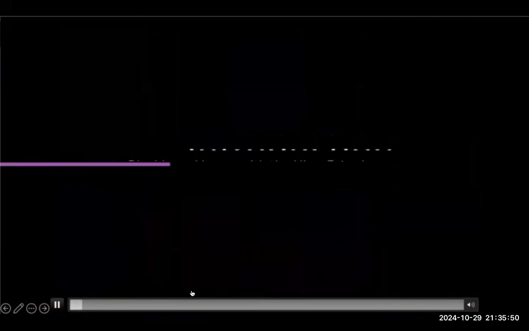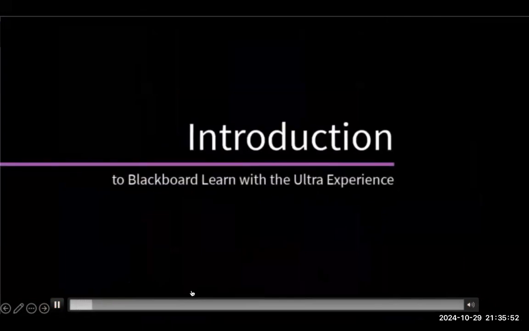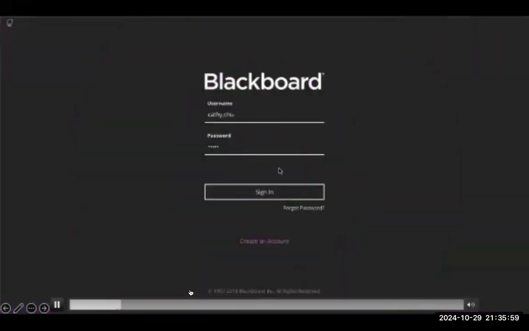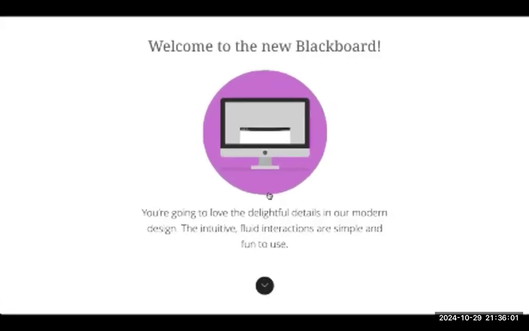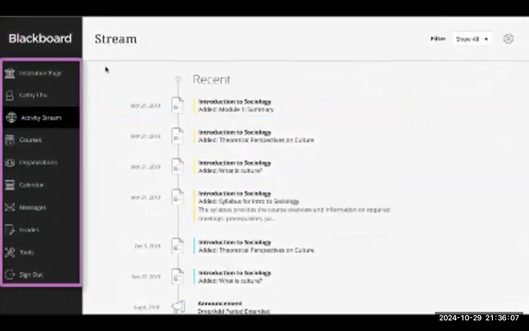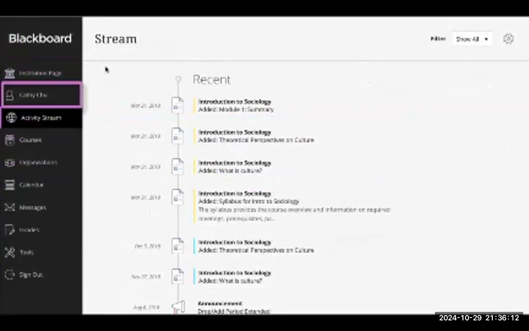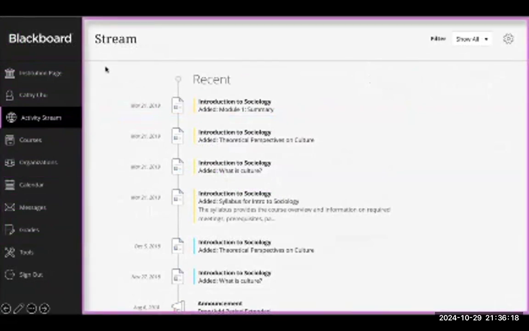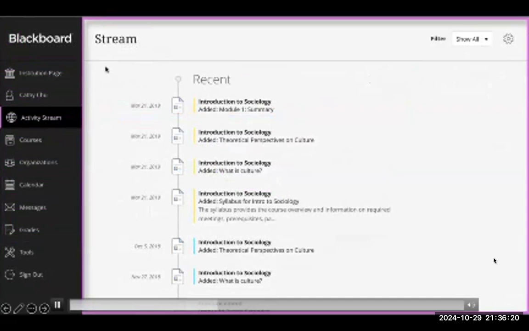Maybe you've heard. Blackboard is crafting a new approach for our teaching and learning environment through simple navigation and a new course experience. Let's take a look. The first time you log in, you are welcomed by the first-time user experience: on-screen tips that guide you as you explore and create content. In the list where your name appears, you have access to core features. Your profile, courses, organizations, and your global pages for calendar, messages, and grades, and the activity stream displays up-to-the-minute action for all of your courses.